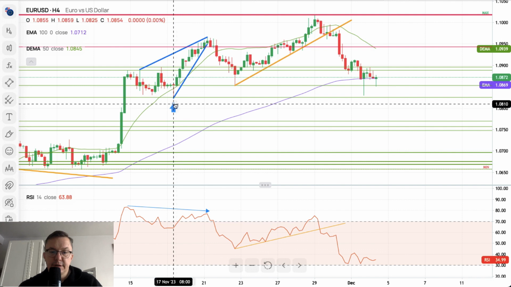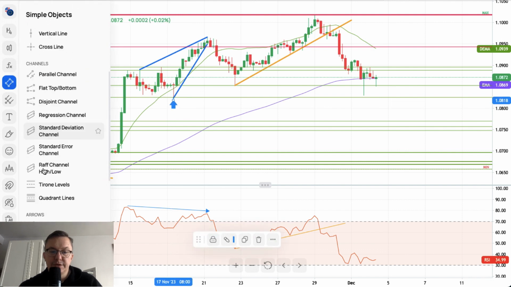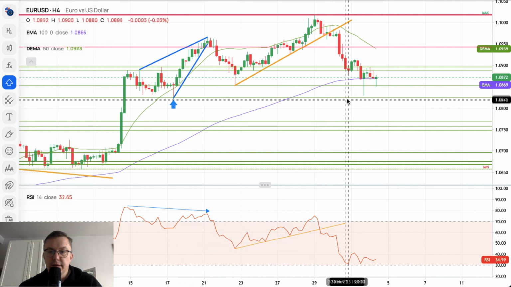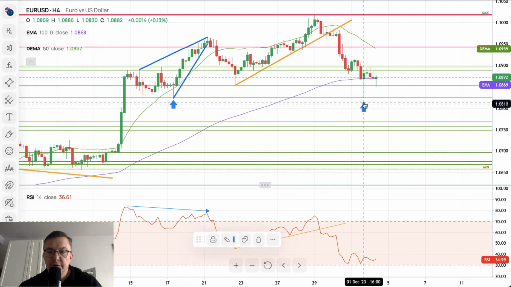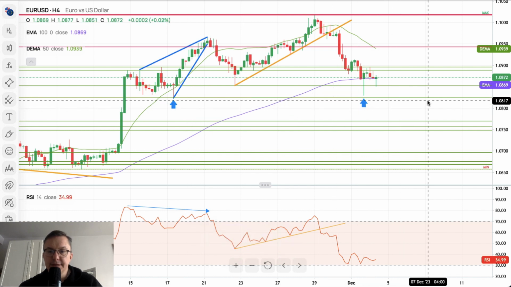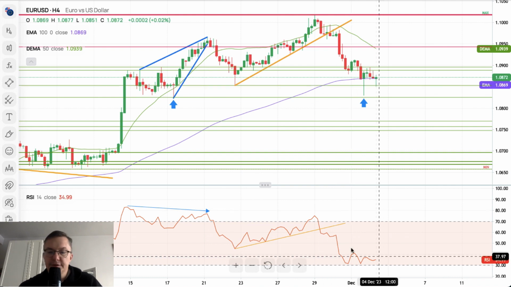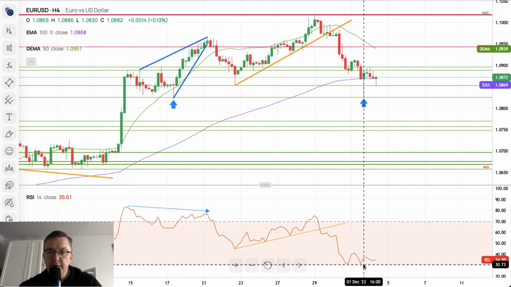It's a very important technical support. So basically bulls don't want to see this technical support to be violated. We just tested it. As you can see, right now we are testing one more level, 1.0852. Market conditions are negative and very close to become the extremely oversold market conditions.